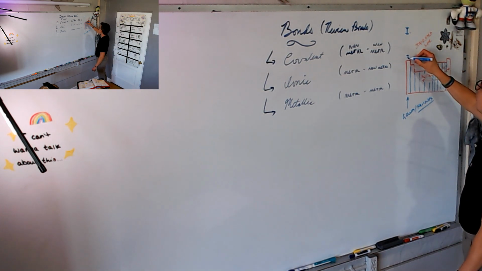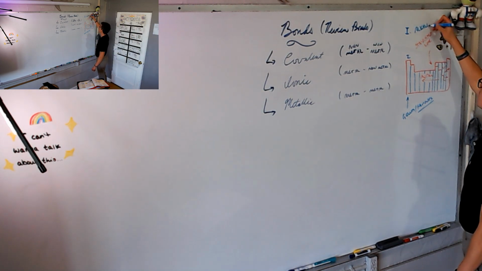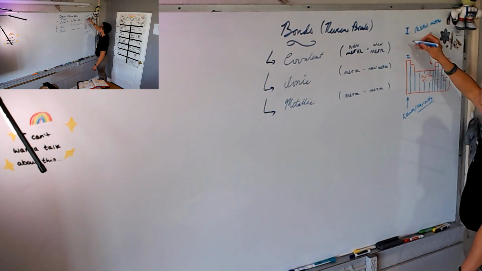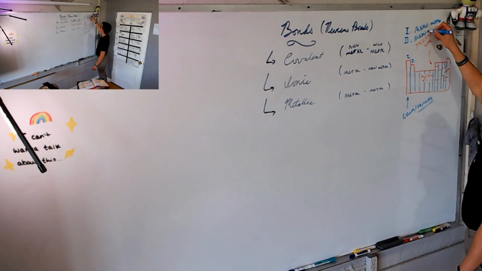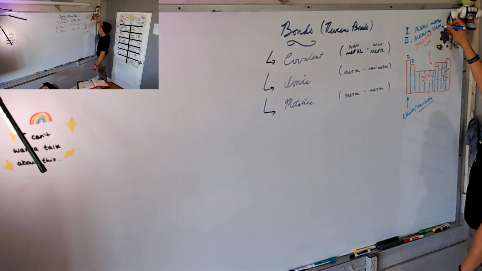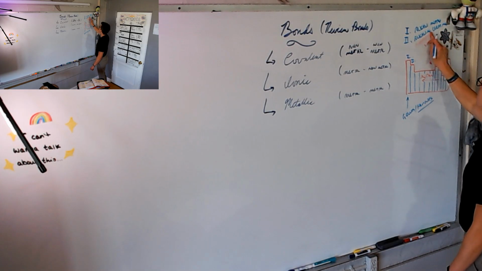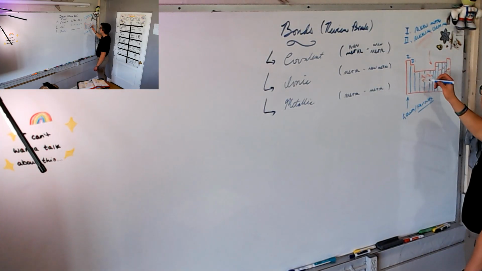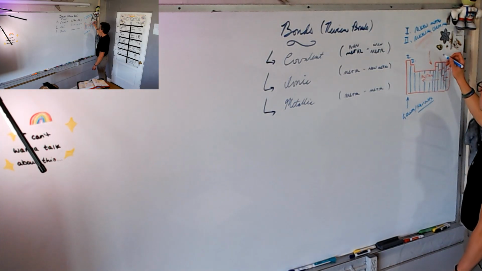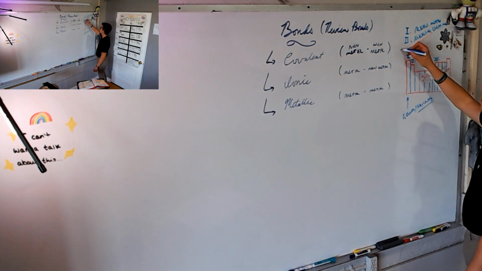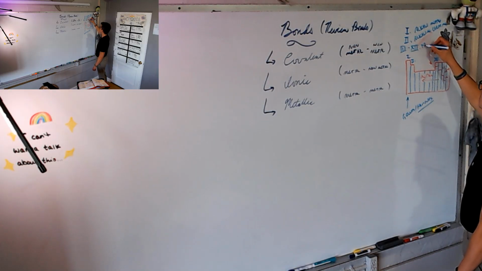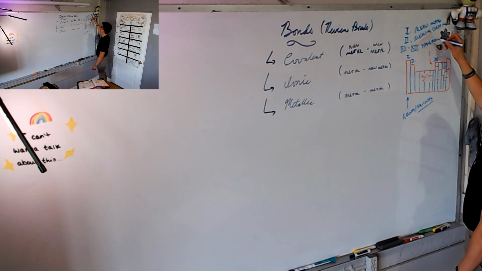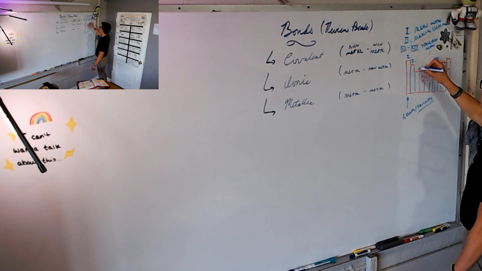Group 1 are called the alkali metals. You should write this down. Alkali metals. Group 2 are called the alkaline earth metals. We will write that 3 through 12 are the transition metals, which is a vocab word, which you should have learned. So that's these ones here.